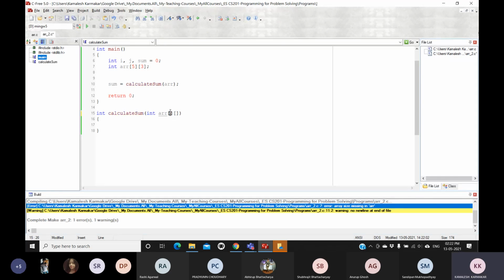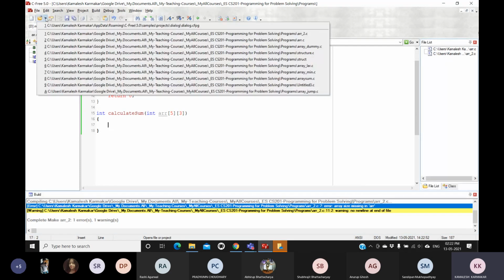We can write 5 comma 3 because the same array is being passed here. Using this we can access it, arr[5][3]. Now if I want to calculate the sum of these numbers, let me open the file which I have just closed.